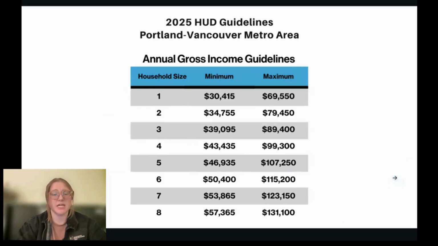And then just to kind of illustrate that a little bit further, here's actually a little graphic of the household income guidelines. So this shows your household size, the minimum that would be required for you to be considered bankable through a bank, and shows us that there's the ability to carry a mortgage without extreme financial burden. We don't want to create a situation where a mortgage is all that somebody can pay for. So we do unfortunately have to impose a minimum, and then we have our maximum. So that kind of shows you within that sliding scale, low to median income, kind of what fits within that 80%.